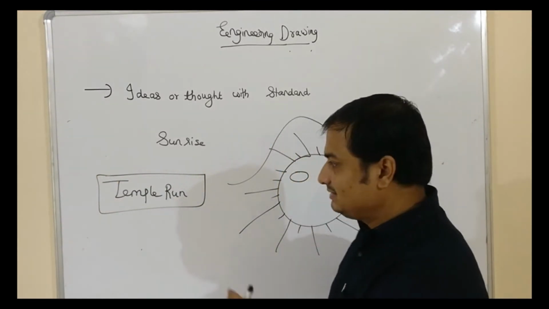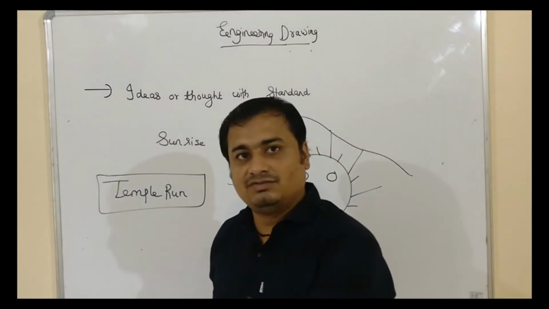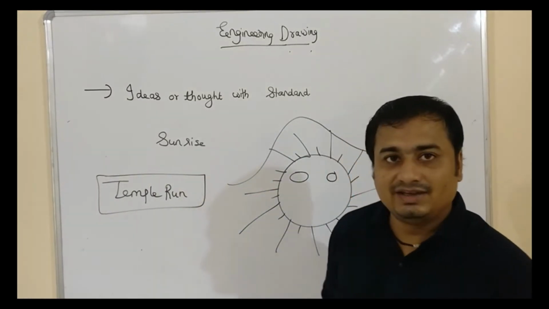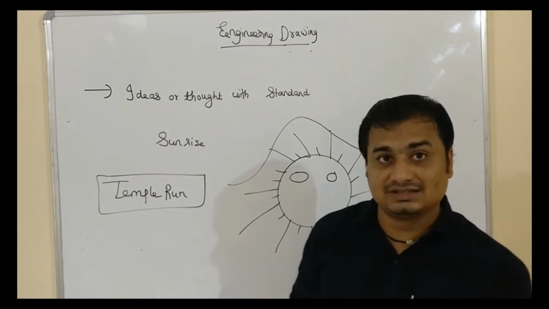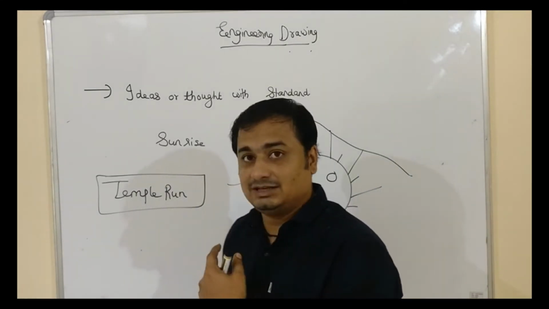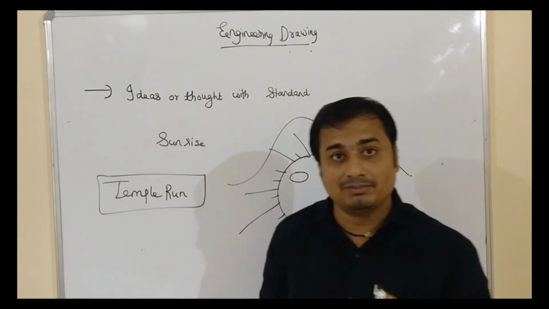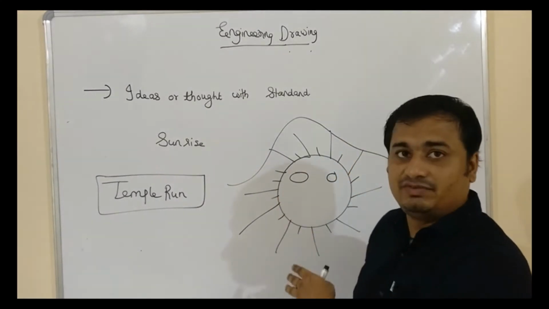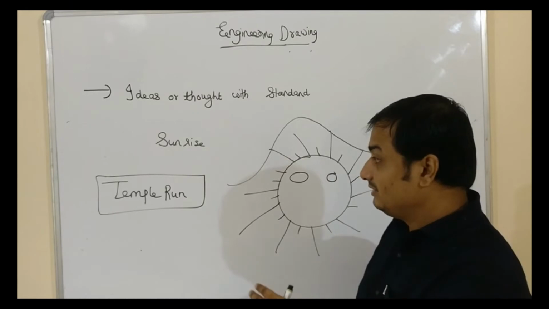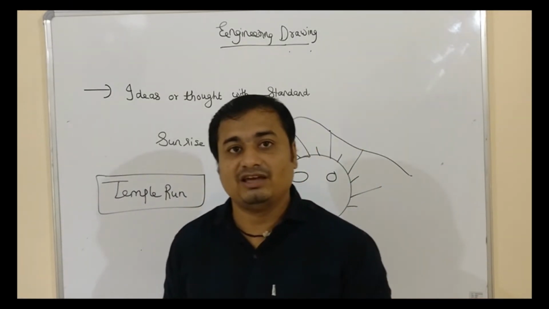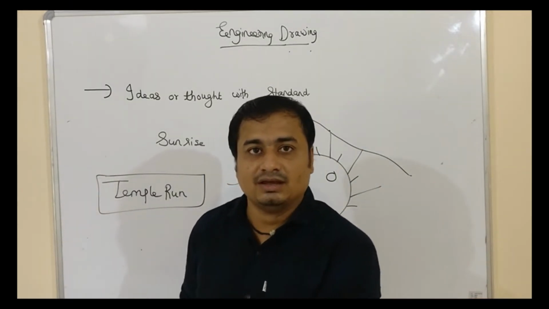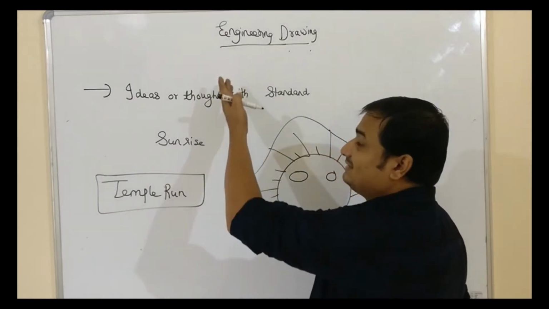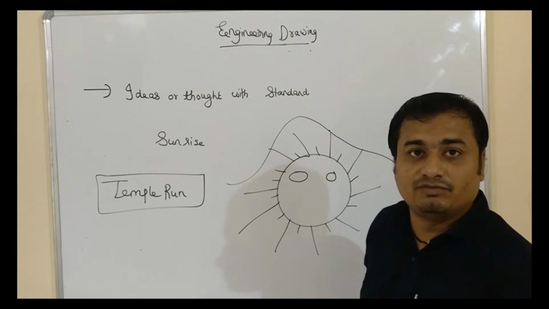So what was in this game? We haven't bothered about the features of this game. We haven't gone through the graphics. We haven't gone through the concept of projections. We haven't gone through the concept of the coordinate system which was applied in this game. So there are lots of features, and that is done by means of engineering drawing. So we can't say that computer science does not have any application for this drawing. All the features in the games are also based on the design, and that is also based on the concept of engineering drawing.